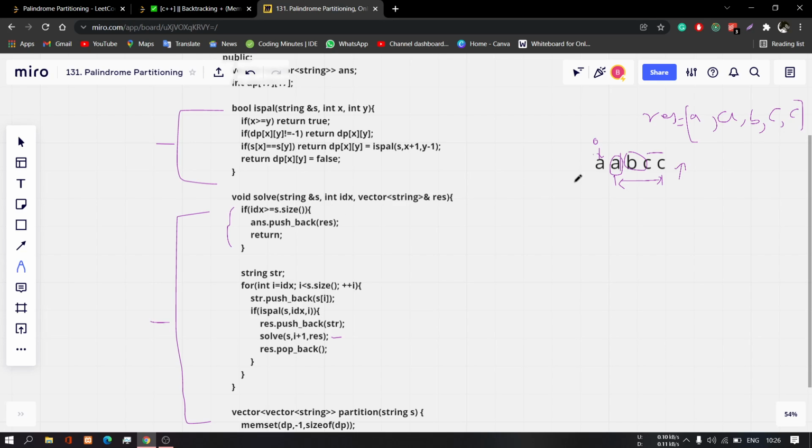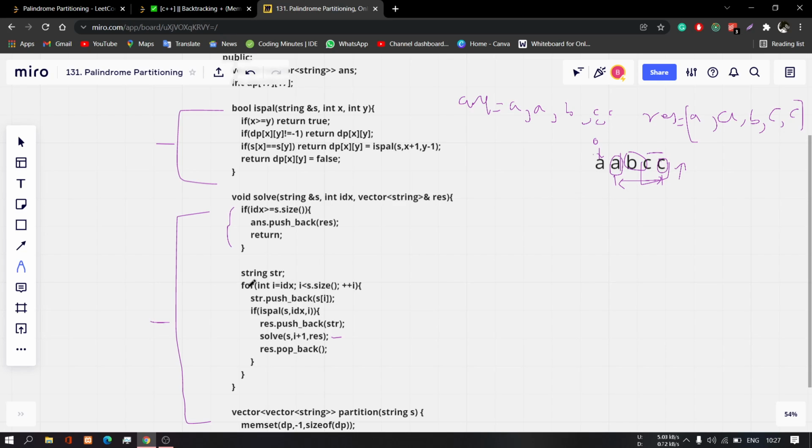Okay, after returning from this call, you can see that we are just iterating through all the elements, so we have to first pop this element out. If I take an answer, then I first put all the elements inside this, and then we just backtrack. Then after backtracking, we have to take two.